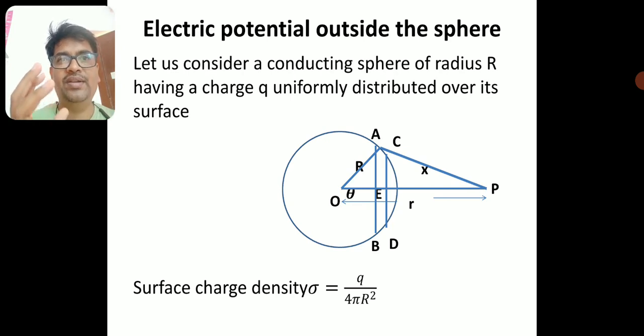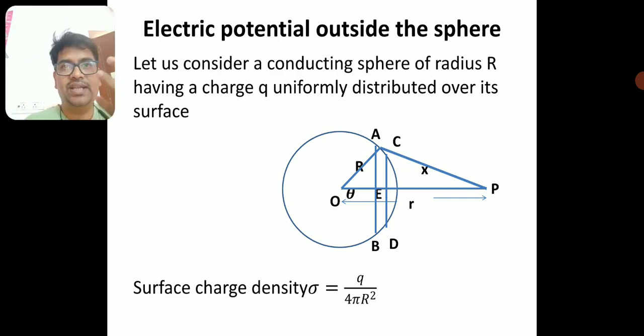Students, I have been telling you that once you start a derivation, you should have a relevant explanation of the figure. In the valuation, we keep some marks for the explanation and some marks for the figure as well. If it is an 8 marks derivation, we keep 1 mark for explanation and 1 mark for the figure. So whatever quantities you introduce here, you have to discuss in the explanation. Now, very first I am going to find a potential outside a charged sphere.